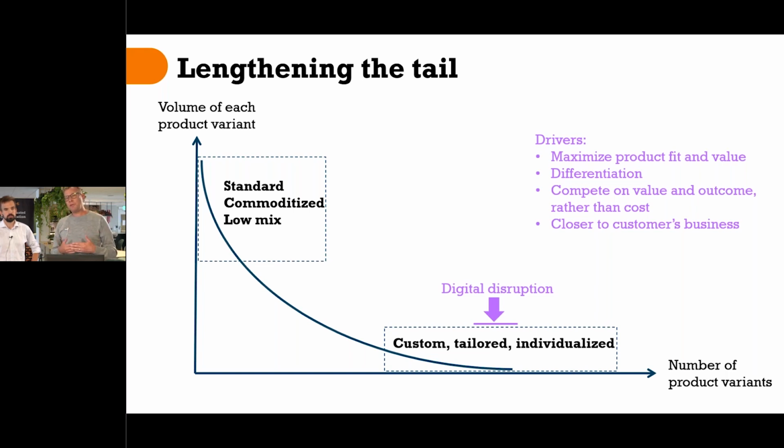You're also able to differentiate your product versus your competitor's product and thereby have a better sales pitch and value proposition. So that means that you can compete on value and the outcome of those products rather than cost. If you think about a commoditized market where basically all your competitors' products are very similar, then cost is oftentimes the only differentiating factor that you can play with. But if you are in a customized, tailored market, then you can actually compete on value and